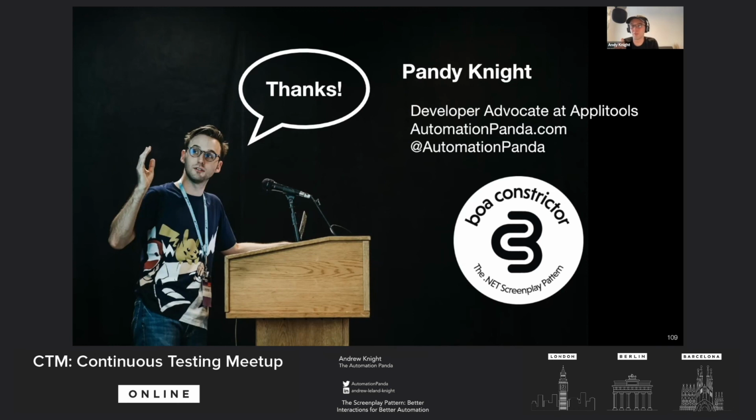Reporting was one thing I did not want to do because Boa Constrictor is not necessarily a test library. It's an automation interaction library, right? You could use Boa Constrictor for straight up web scraping. It doesn't even have to be paired with a test framework. Of course, the vast majority of people I know using it use it for test automation, but that's also a very small community. Anyway, so no, there aren't full test reports that Boa Constrictor gives, but